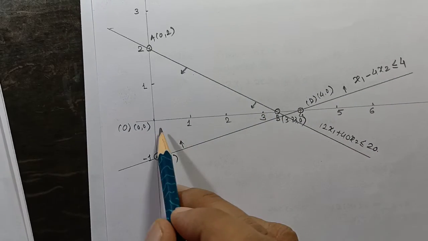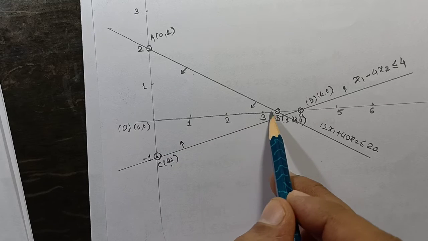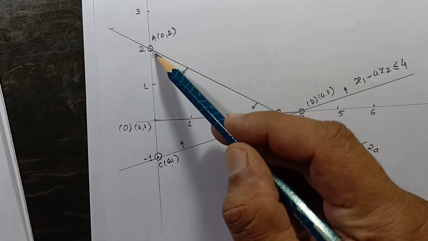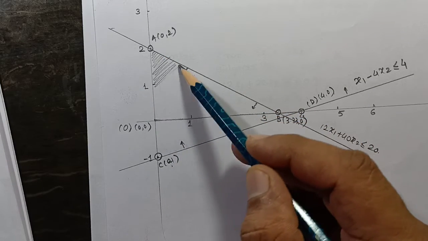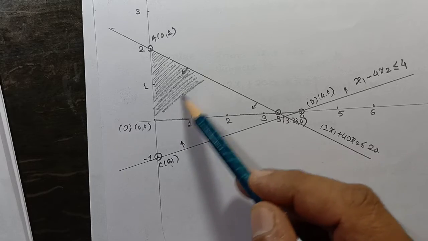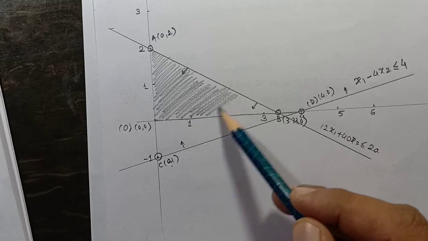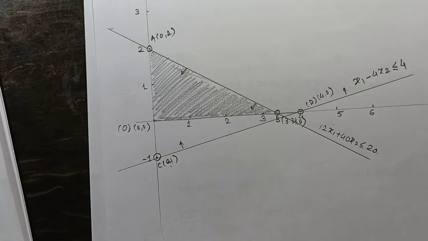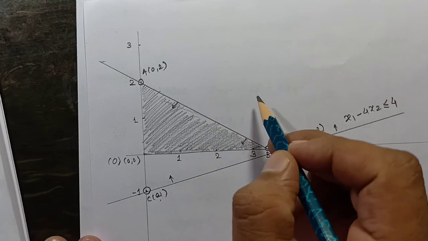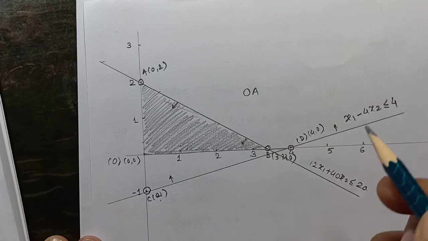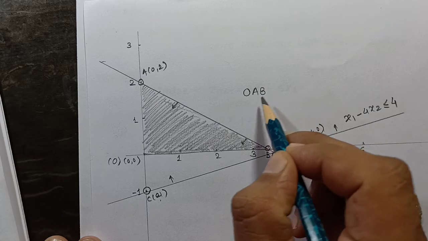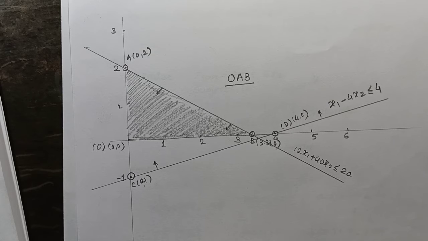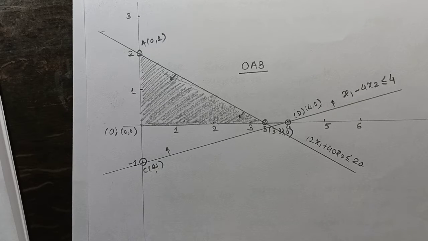And since we cannot consider the negative portion, since we have just talked about our non-negativity condition, the portion that we need to cover to get the optimal solution is nothing but this particular portion. So this becomes my feasible solution for this particular given problem. So in this I got an area that is nothing but OA, and this is my B. So I need to find out whether out of these O, A, B points, by use of corner method, which gives me the maximum value.